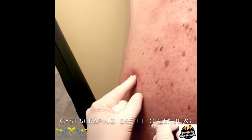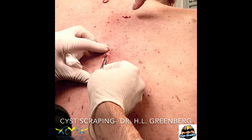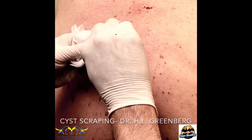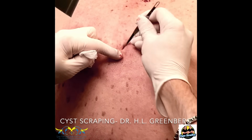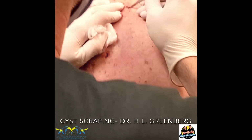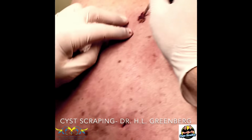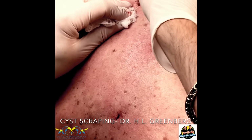This one was already squeezed out. This one to me was like one of the weirdest ones because it looked like little larvae or something. Like, see. Oh, what? Worms. No, Dad, it's not funny. It's really gross. There are no worms in here. Well, there are, but they're dead. I have seen a human botfly before. That was somebody who came back from the Amazon. Oh my God. I'd throw up for sure if you dug out some kind of creature. I'd be passed out on the floor. But there is no creature here. This is just